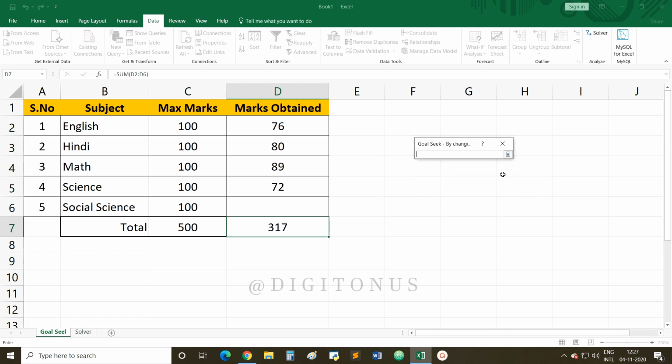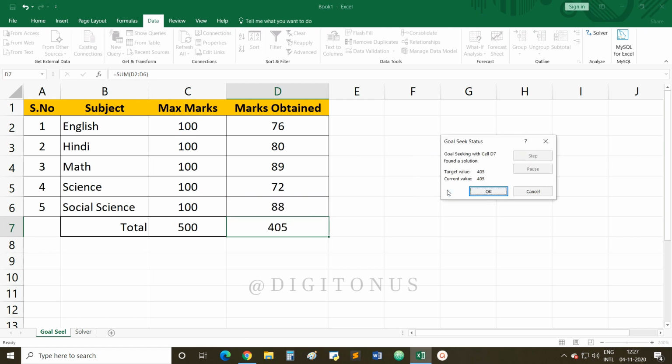By changing cell, so social science marks obtained I have selected D6, and then you can click on OK. So 88 is the required number, that the student has to secure 88 marks to achieve a specified goal, that is 405 marks out of 500. That is all about the GoalSeek feature.